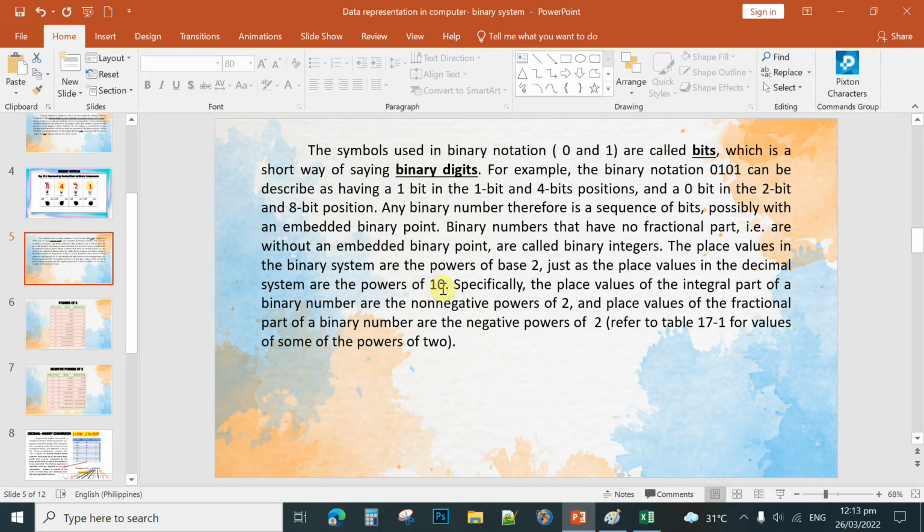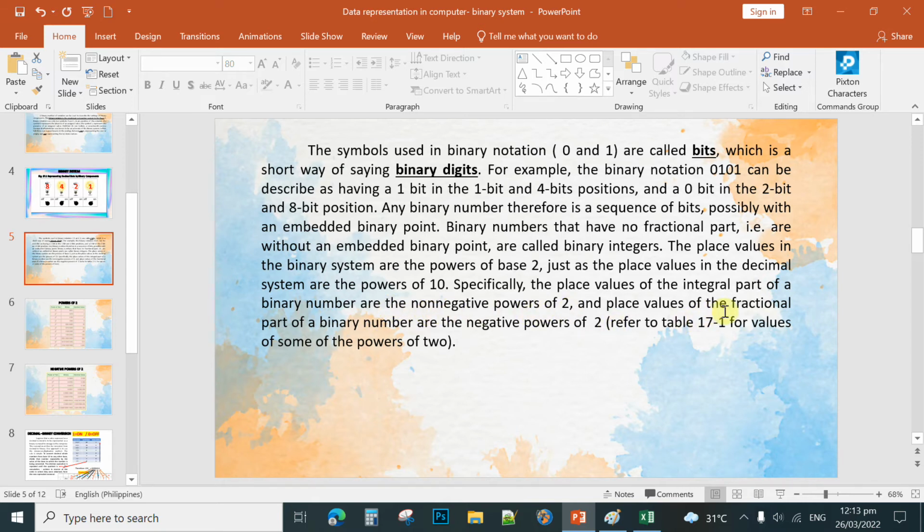So decimal means to the base 10, and binary means to the base 2. The numbers we are actually using are to the base 10, which is 0 to 9. The computer understands only the 0 and the 1, where 0 means off and 1 means on in specific circuitry. Specifically, the place values of the integer part of the binary number are the non-negative powers of 2, and